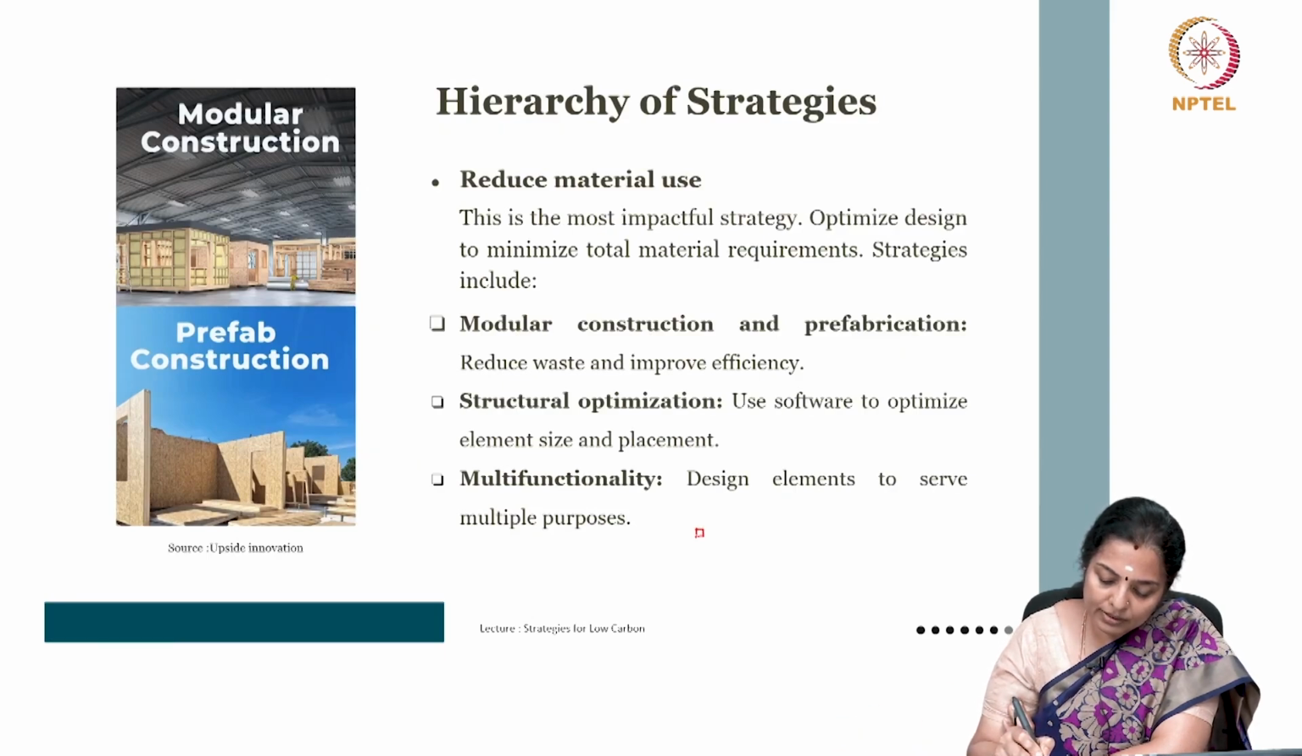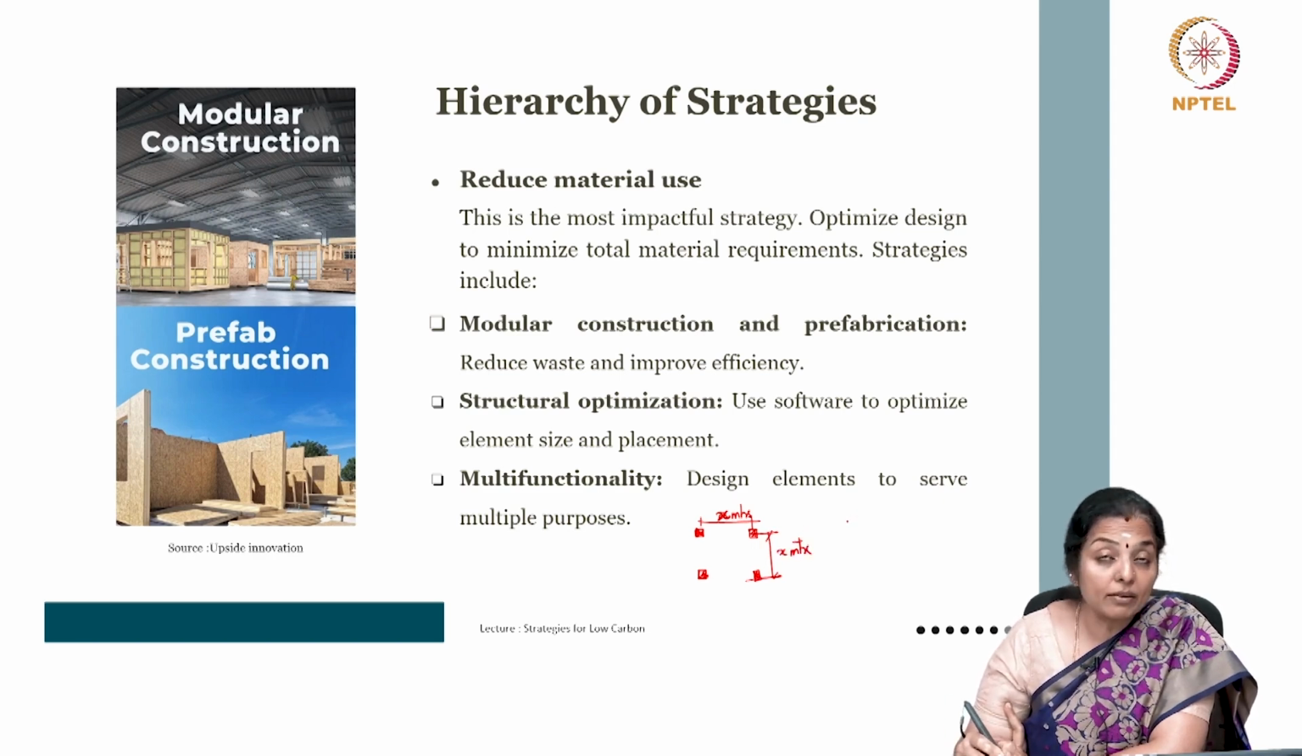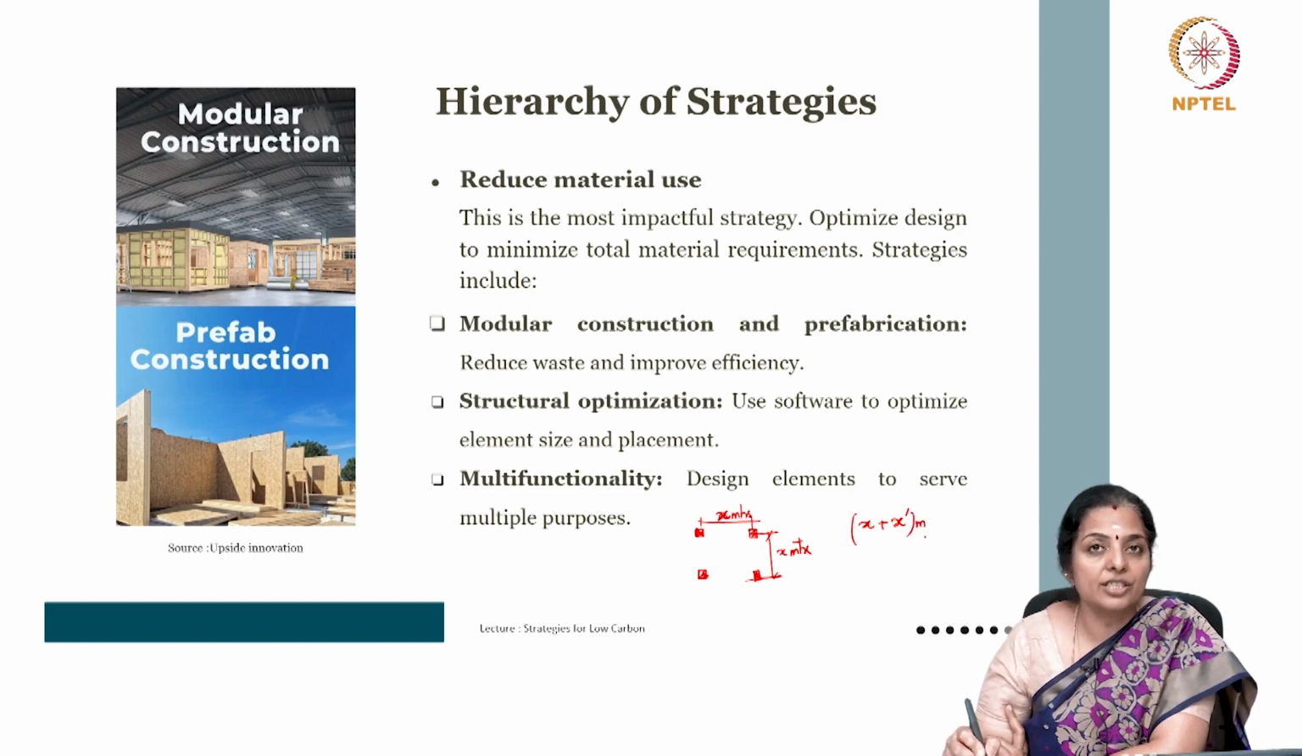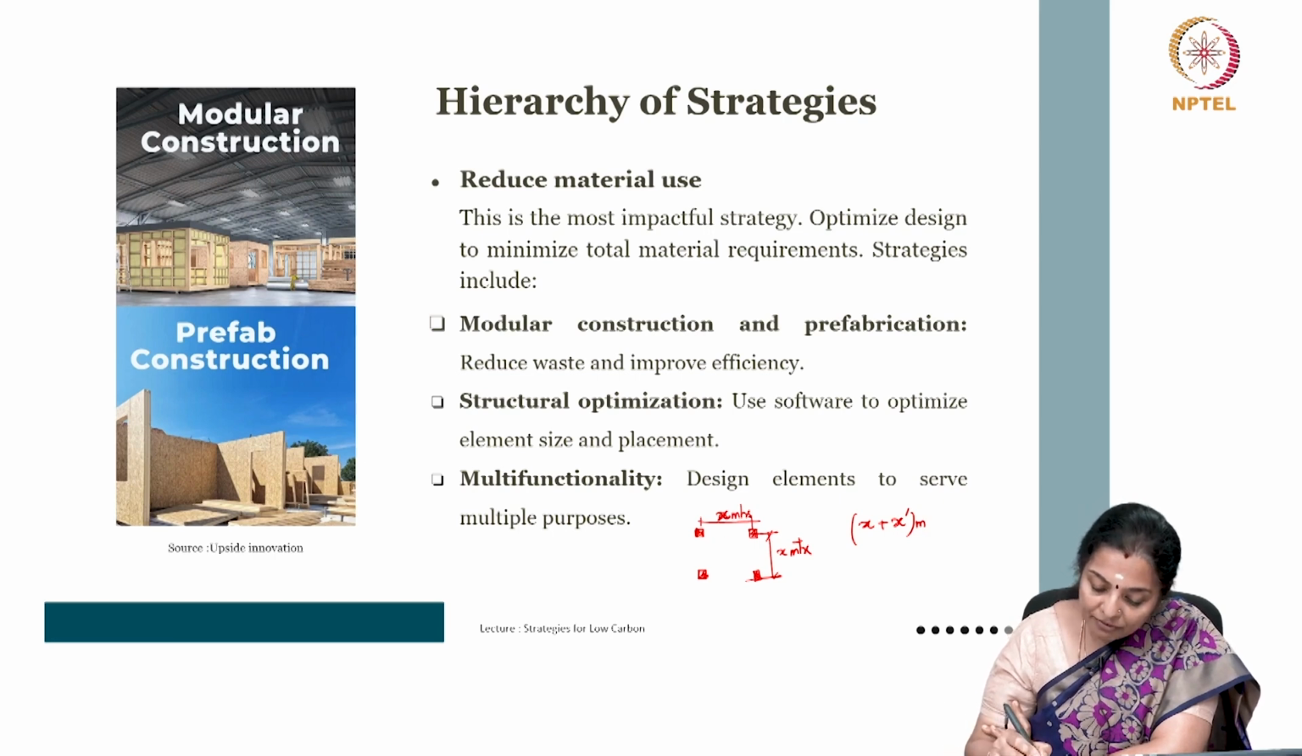Suppose you need columns at a particular place. Do not double guess and have columns at A meters or X meters. You need to use appropriate tools to understand whether it is sufficient to have columns at x plus x dash meters distance, and that will save a lot of energy. Also, what is the functional